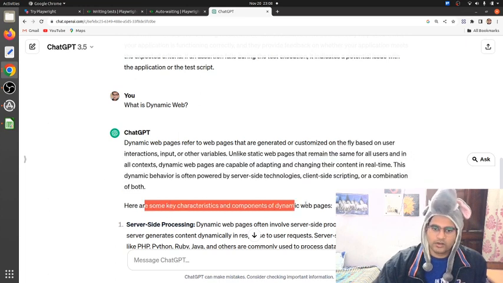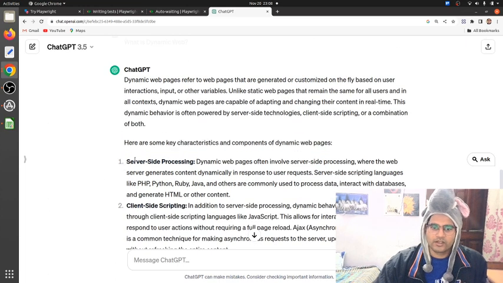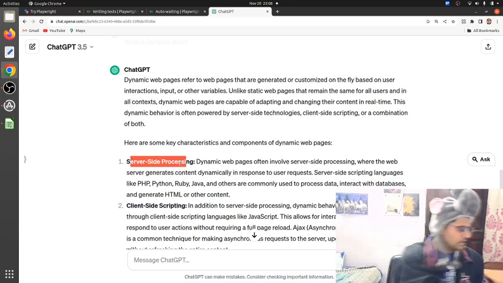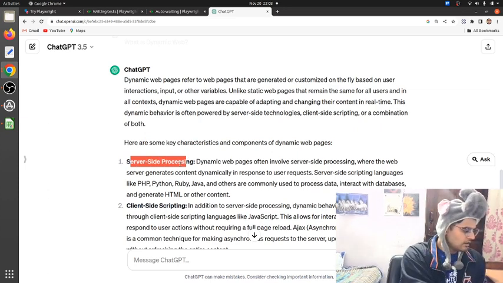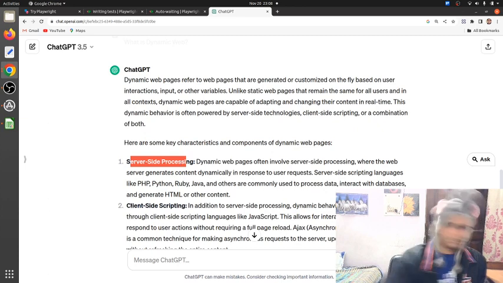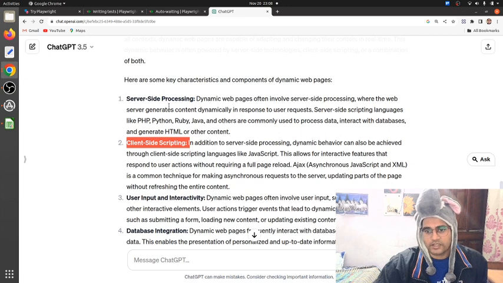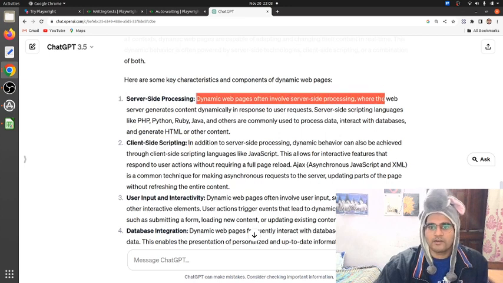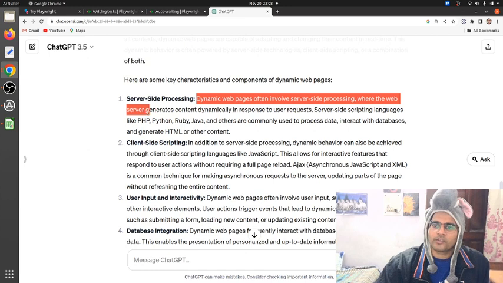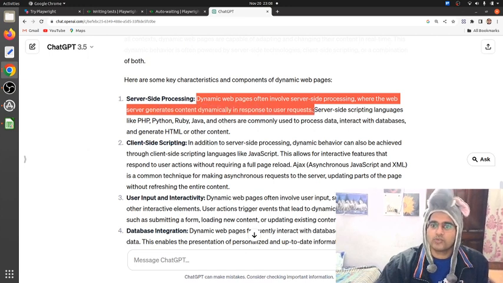Okay, here are some key characteristics, starting with server-side processing. Then client-side scripting is there. Here you can see dynamic web pages often involve server-side processing, where the web server generates content dynamically in response to the user request. For example, if you have ever filled a Google Form, in Google Forms, when you select